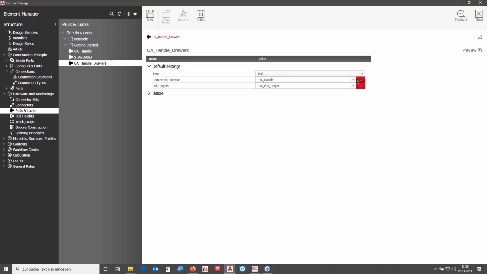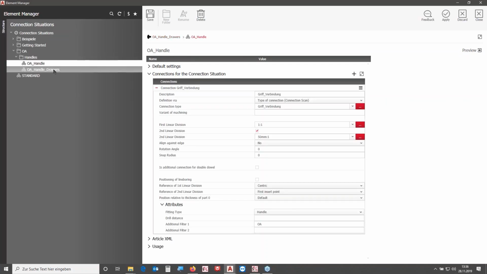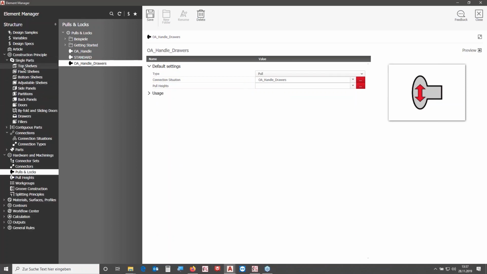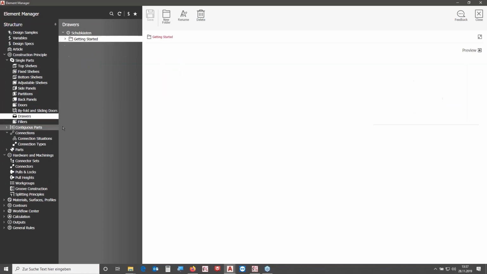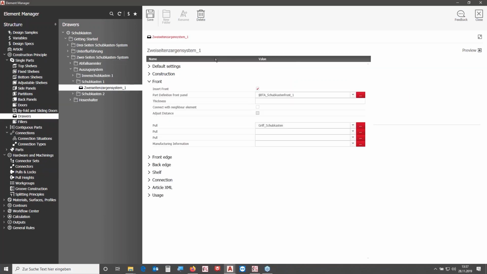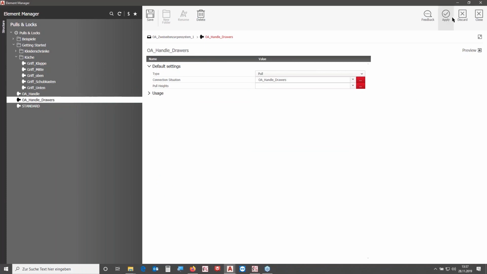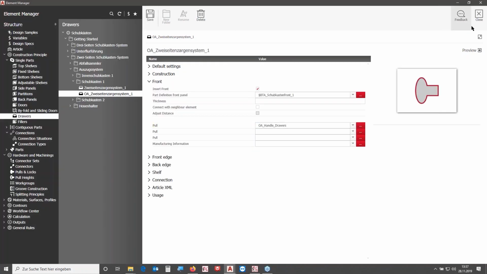Save it, and then I assign this connection situation to it. I delete the pull heights out of this one, and then I need a draw principle that is using this handle. So here I assign my handle principle for my draws, save it,